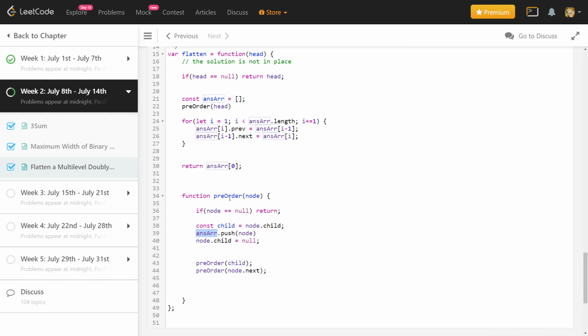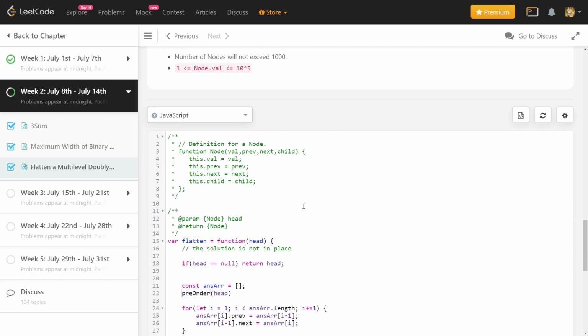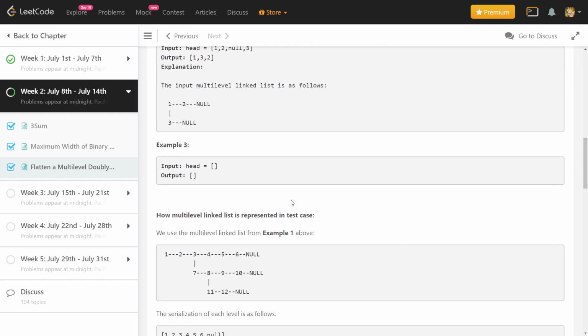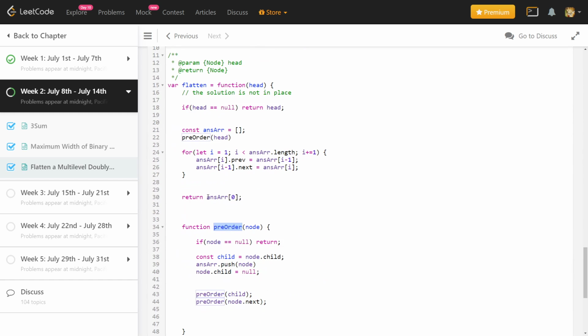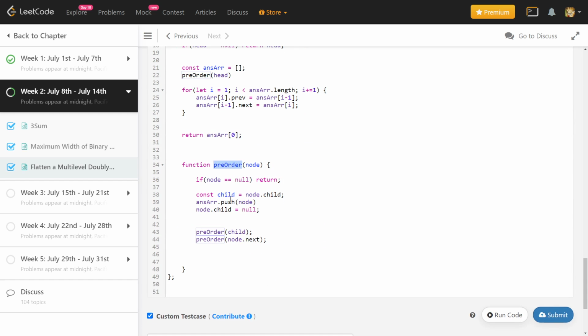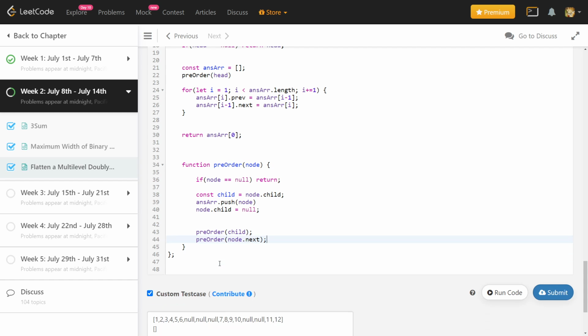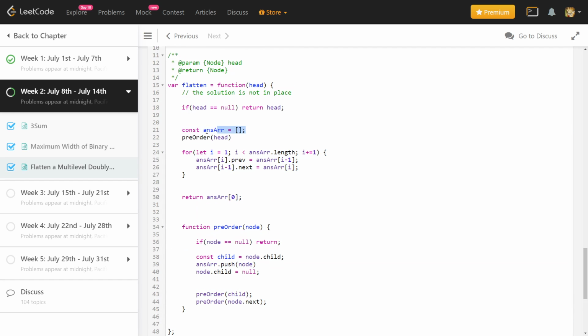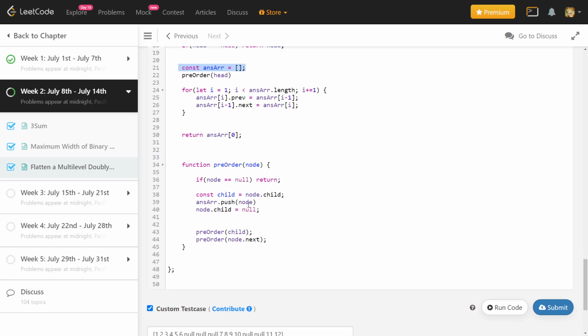So this code is actually quite easy to write if you are comfortable with pre-order. The first solution which I thought of was: you look at the problem and you think up the solution, but once you are able to relate it with this pre-order thing, then this code is a little bit cleaner. Now about that point where I was talking about how to solve this in place. How to solve this in place is a little tricky. To do it in place, I need to remove this constant array, right? So let me think about it.